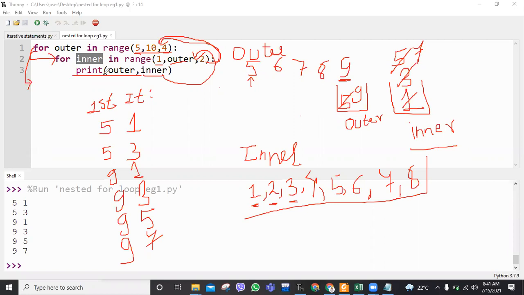If not, again, the value will be incremented. Then after that it gets back to the inner loop again. And as I've already said, whenever a new value is entering from the outer loop to the inner loop, the inner loop every time gets reset. That means again, the inner loop starts iterating from the initial point.